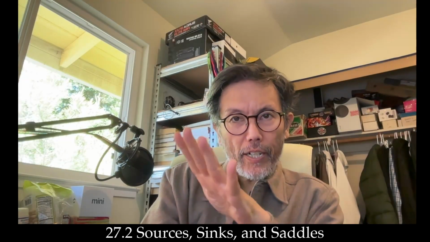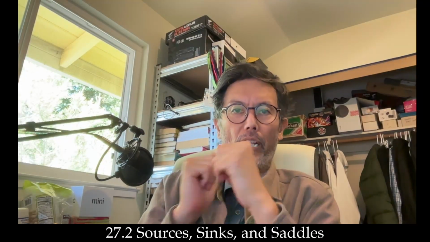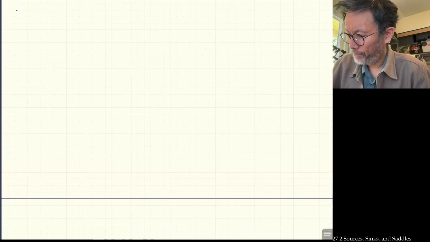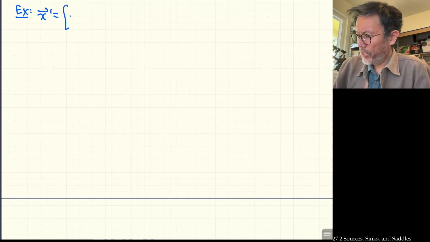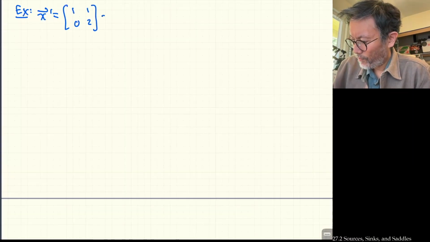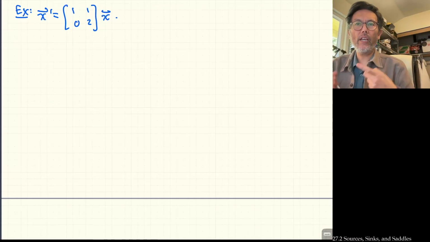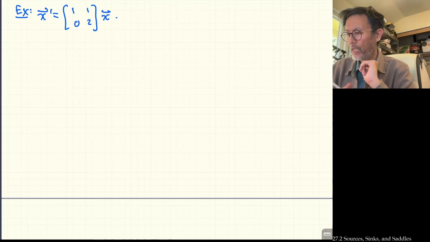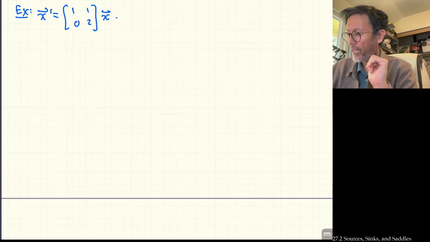Okay, so let's try to understand how what we just learned about with respect to the sign of the eigenvalue applies to an actual system. So let's look at, very concretely, x prime equals [1 1; 0 2] times x. Now, I know you know how to solve this. What you're going to do is find the eigenvalues and associated eigenvectors, and assemble them in your ansatz in a superposition, right? So I'll spare you the details of the calculation and go ahead and tell you that